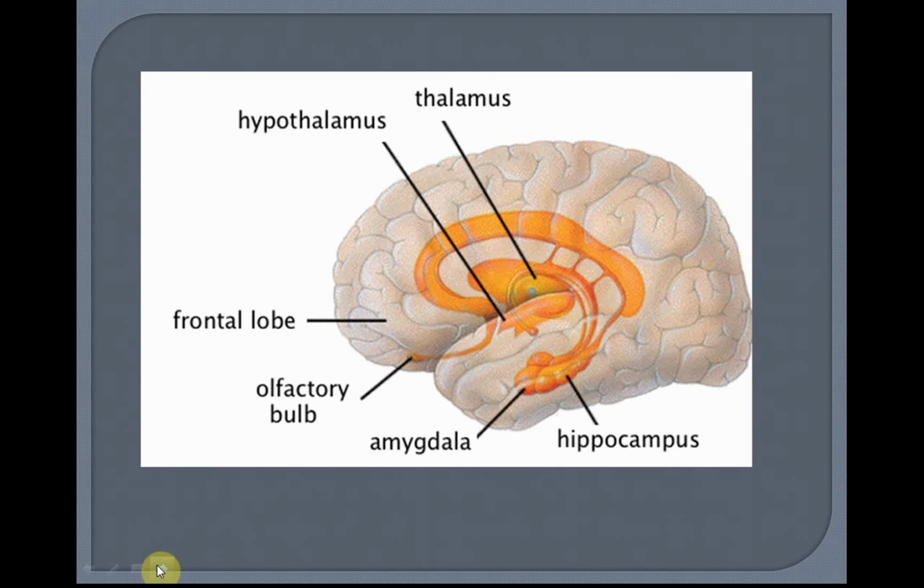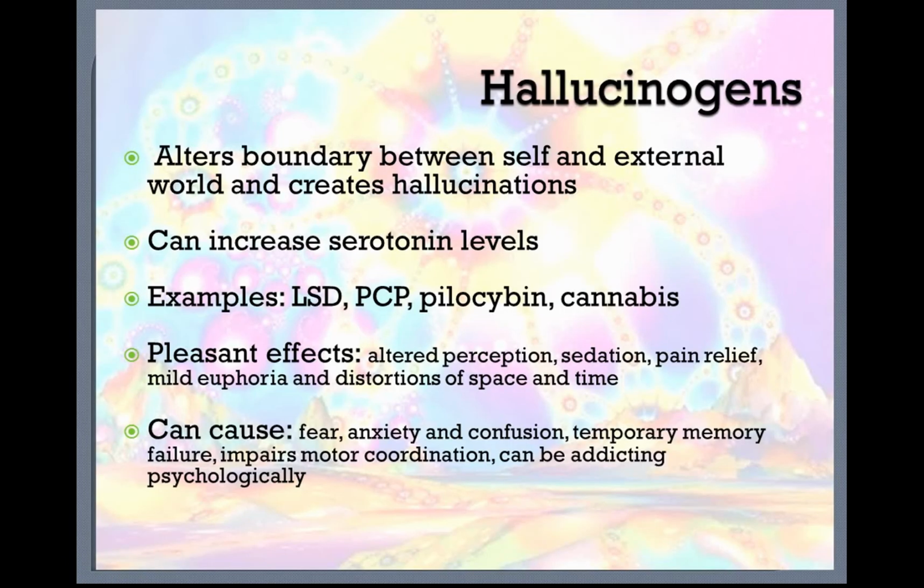Now, do realize also that the frontal lobe here is also going to be affected by these drugs. Our thinking, our planning, our organizing, any type of thought process at all whatsoever. Get the idea? All right, so when we're talking about one of the major drug categories, hallucinogens,